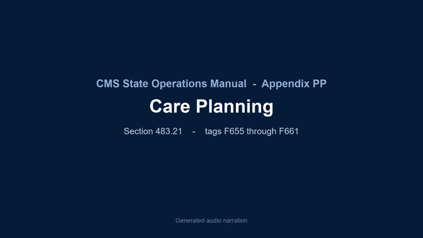Tag F657. Section 483.21(b), Comprehensive Care Plans. Section 483.21(b)(2): a comprehensive care plan must be developed within 7 days after completion of the comprehensive assessment; (ii) prepared by an interdisciplinary team, that includes but is not limited to (A) the attending physician; (B) a registered nurse with responsibility for the resident;